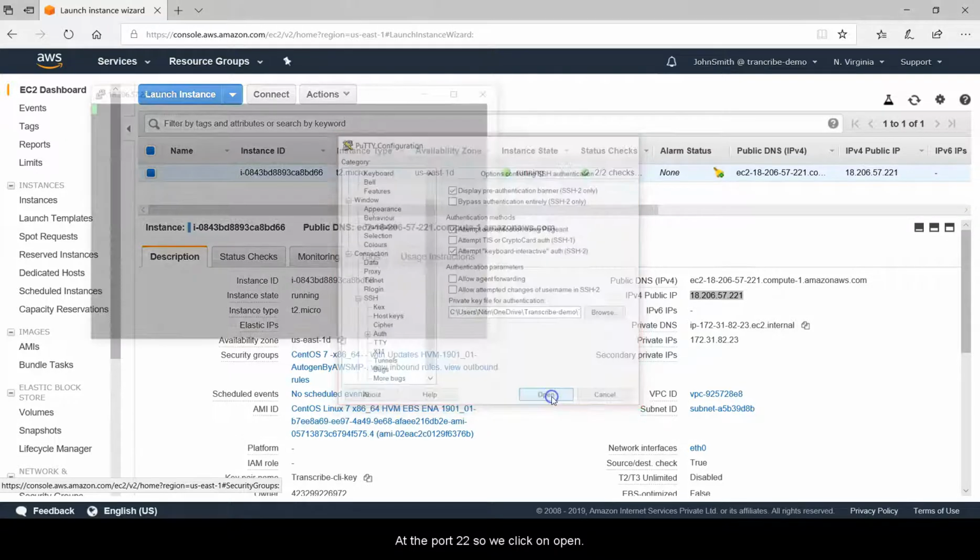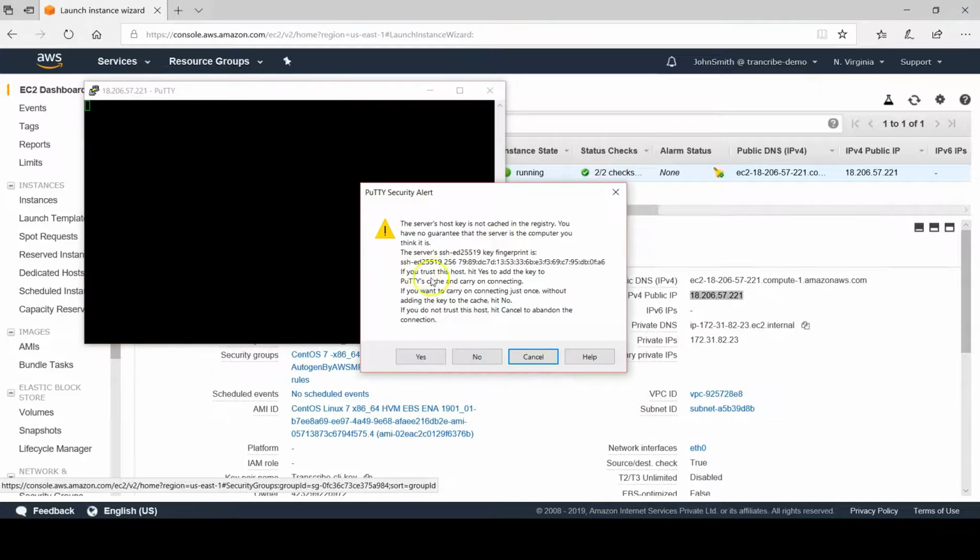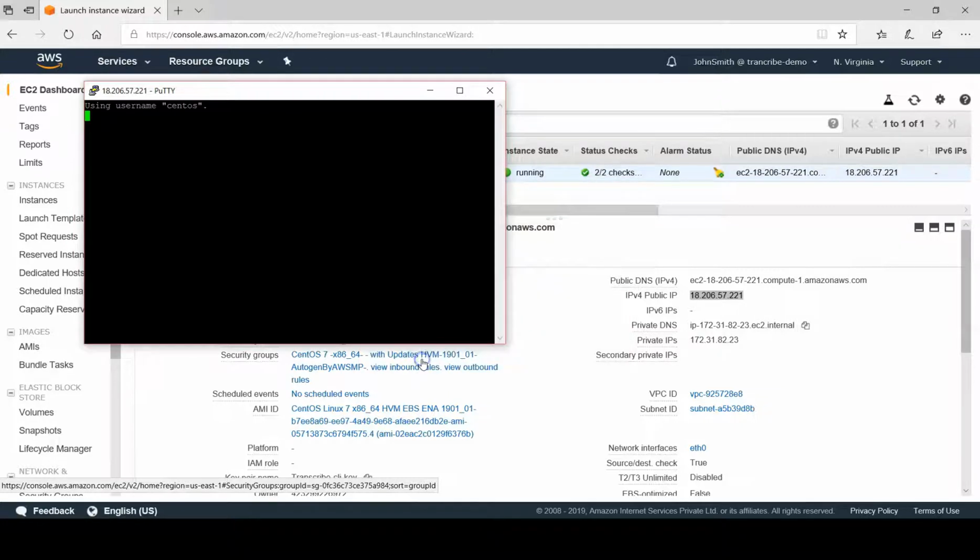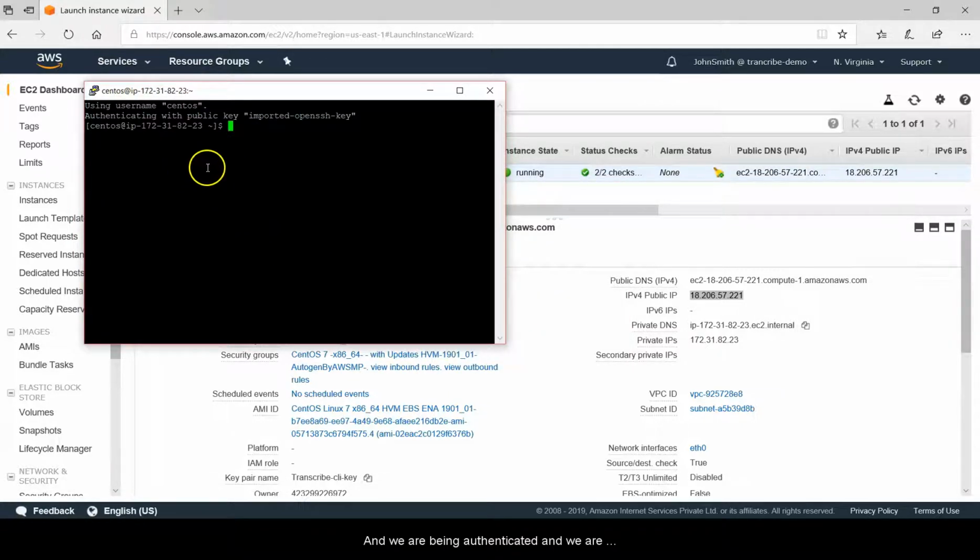So we click on open. We will see this security message, and we can click yes on this, and we are being authenticated, and we are logged into our EC2 instance now.